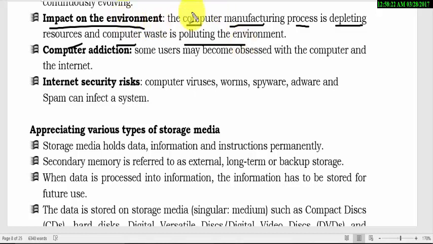So every day they are making computers. By making these computers, they need what we call resources, or things which are used for making the computer. So where they are being taken from, those things are getting finished. So in the near future, we may say there will be no computers because we don't have where to get the material to make the computers. And then where these computers are thrown, they pollute the environment.